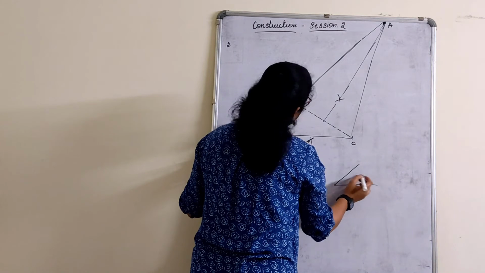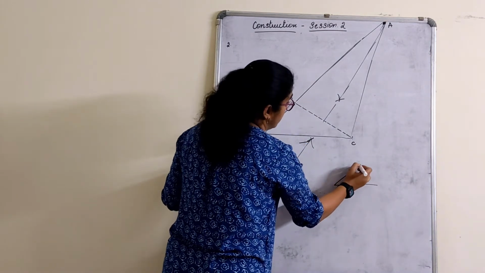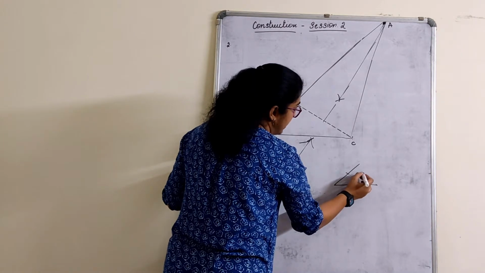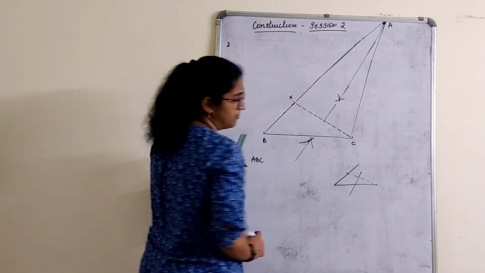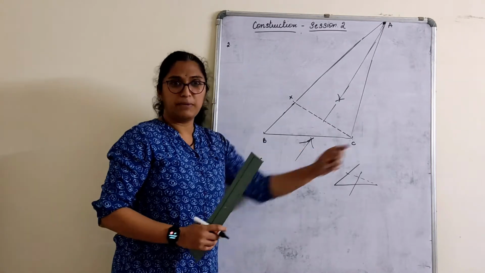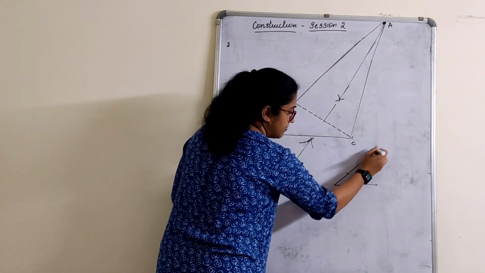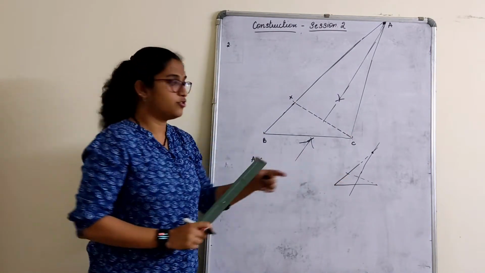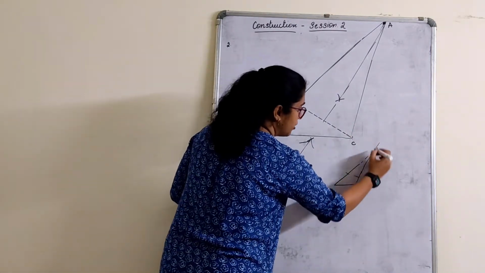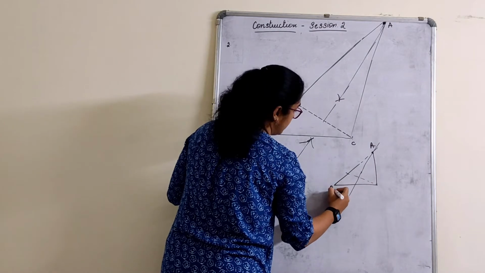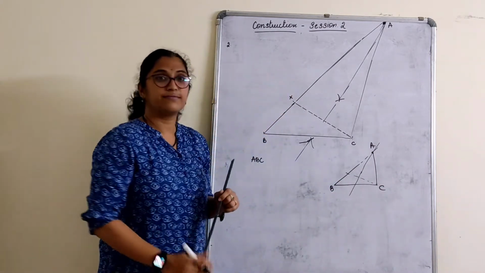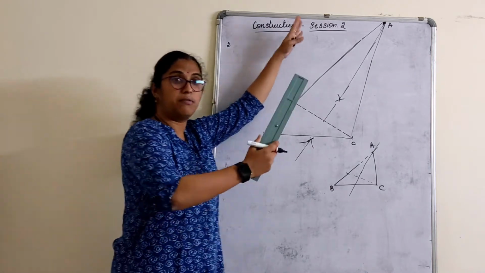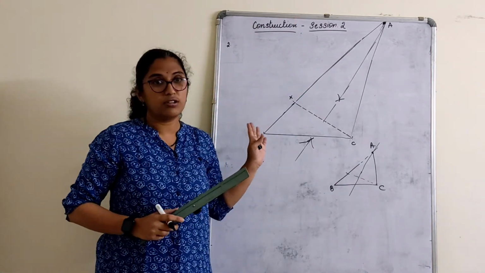And what point? I had marked it for 3.5 here and we join here. My bisection will actually come something like this. Easy for me to join. This is the triangle and I join this A, B and C. Okay. Here it went a bit more, but this is how the construction is going to be.